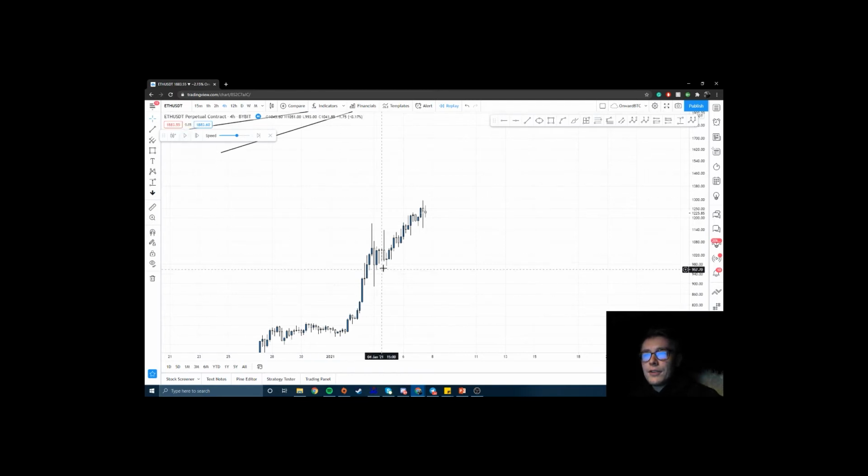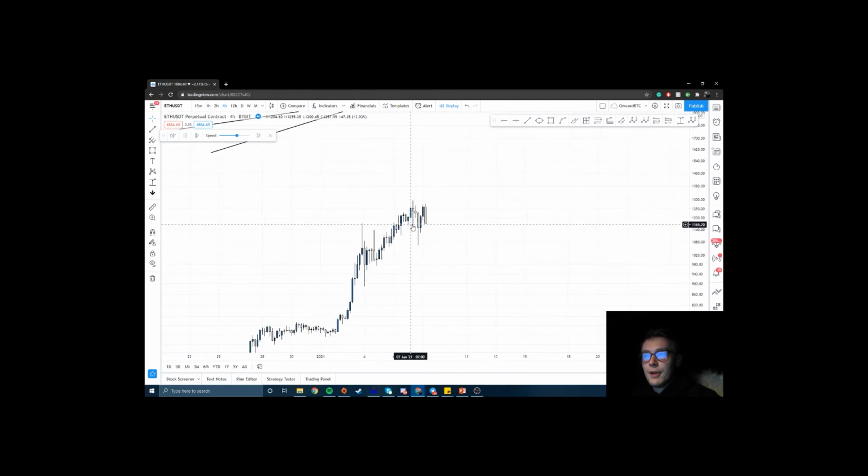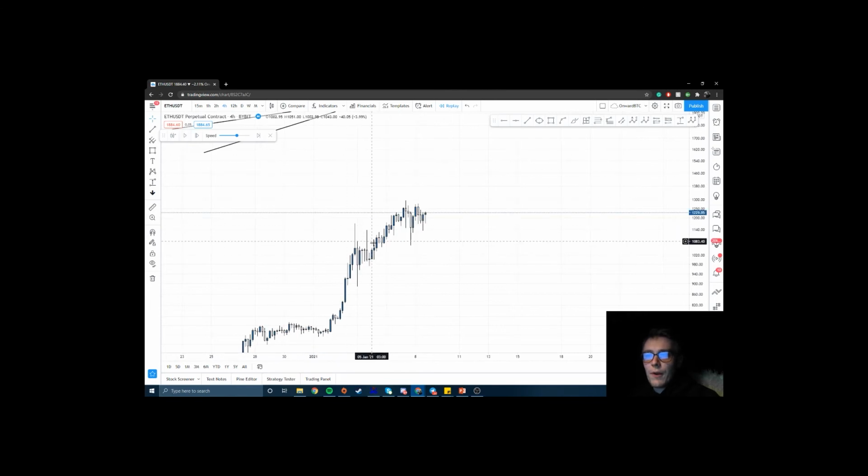So after this initial pump, we haven't really put in a swing high yet, but you can see that we put in a relatively bearish candle. However, not enough, not really competing with this level. So we can actually plot our first demand zone right off the bat. We can see that this area seemed to be acting as resistance, because